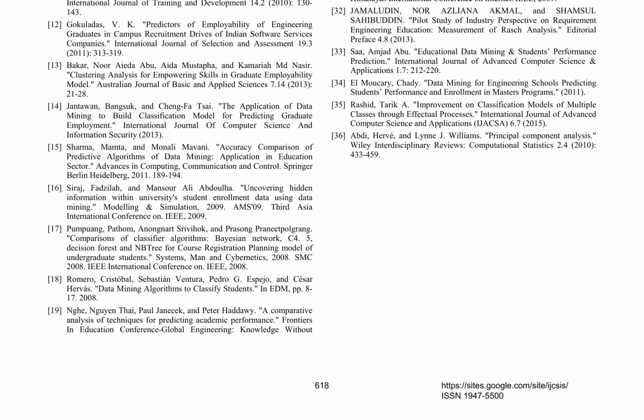However, despite these advancements, challenges persist. Data quality issues, such as missing or biased data, can negatively impact model performance. Furthermore, the dynamic nature of the job market necessitates continuous updating of the data and models to ensure relevance and accuracy. In conclusion, the application of data mining techniques in predicting graduate employability offers promising insights into the factors influencing job prospects.